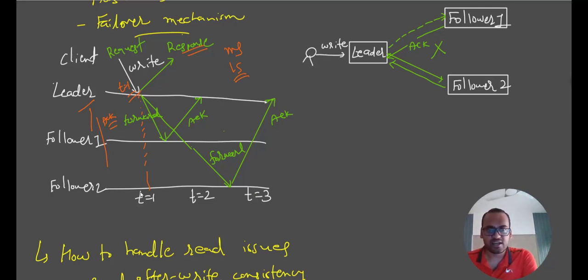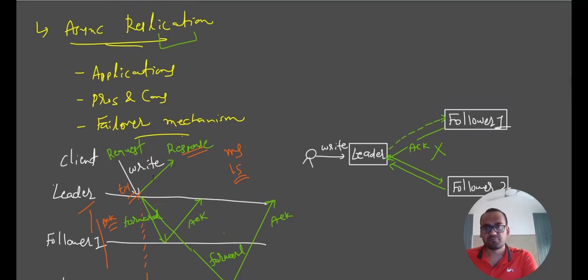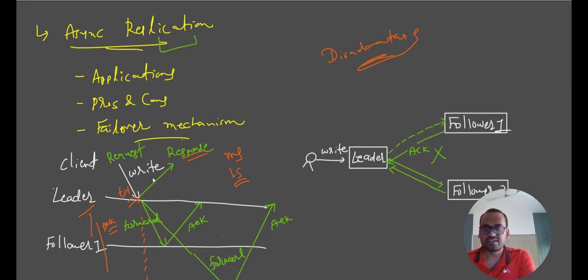And then the leader can forward the request to follower 1 and 2, and the acknowledgement can come back to the leader eventually, at a specific timeout. Now, that is okay, but we also have some disadvantages with async replication. What are the disadvantages? Let's say the leader